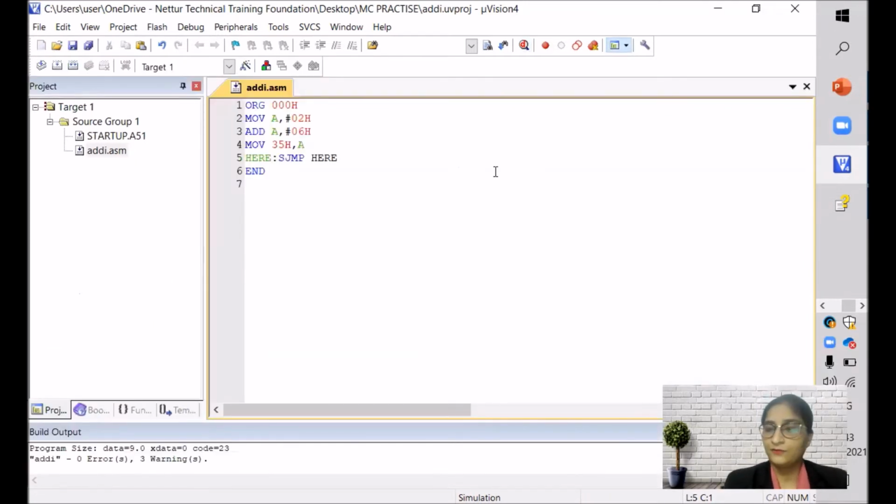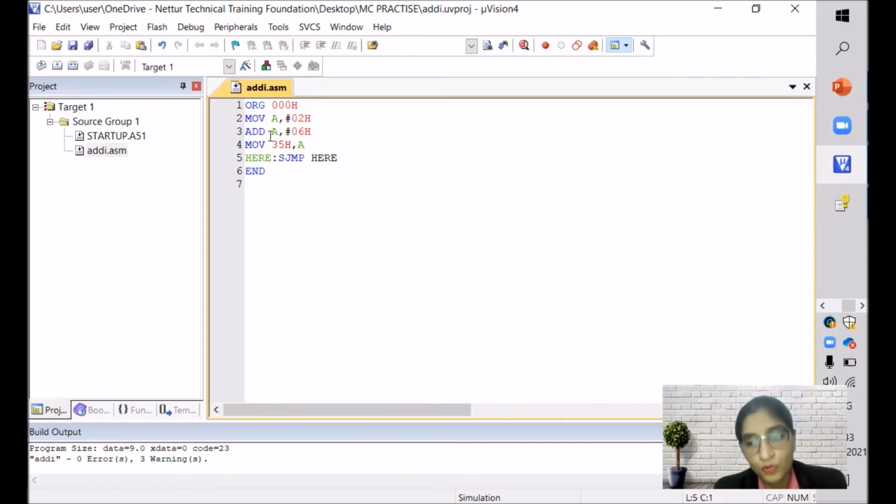Here I want to give you one small task, which I was supposed to start, but then I thought, no, I'll start with the simple one and I'll give you one task on that same. So here what I have done, one data I have taken in accumulator and directly I have added that data to accumulator. And again, simply we have moved that result to memory location.